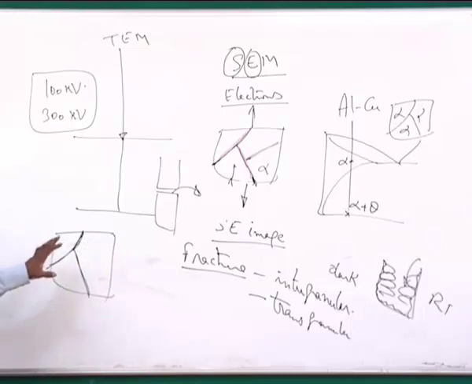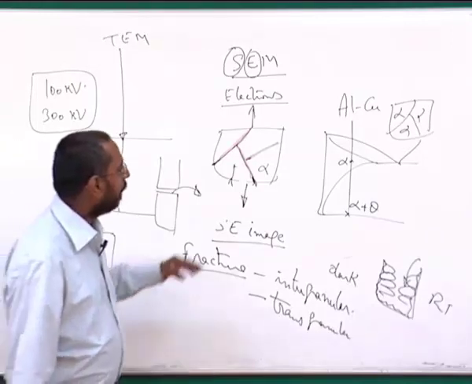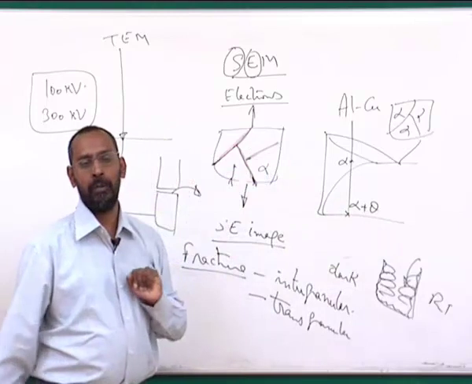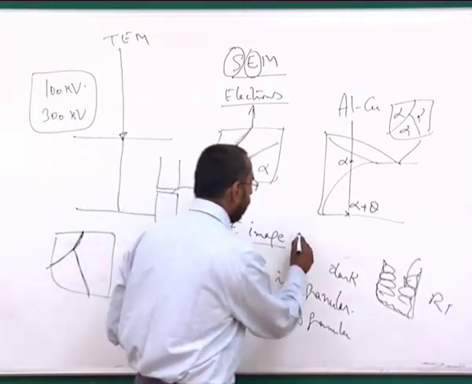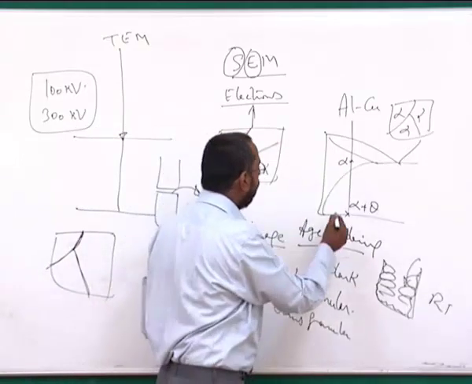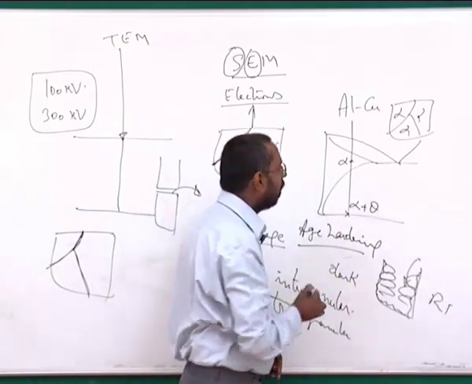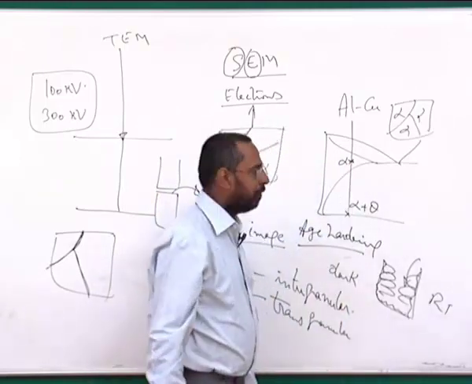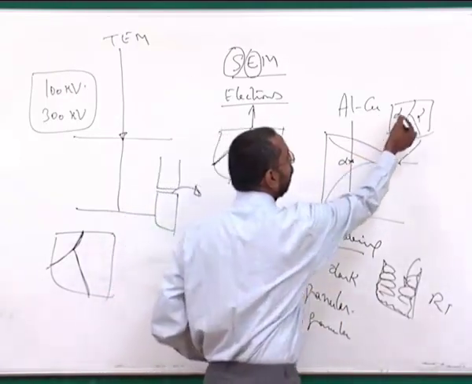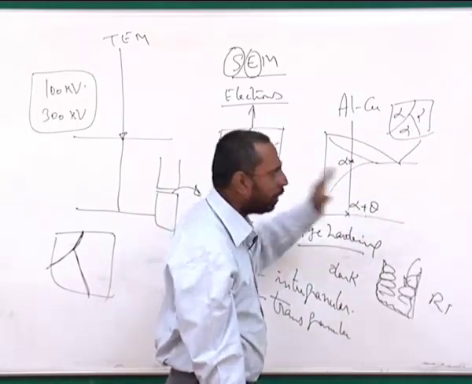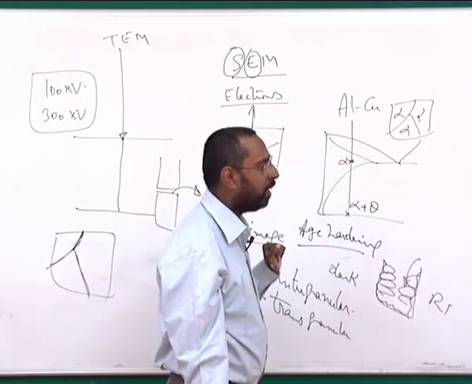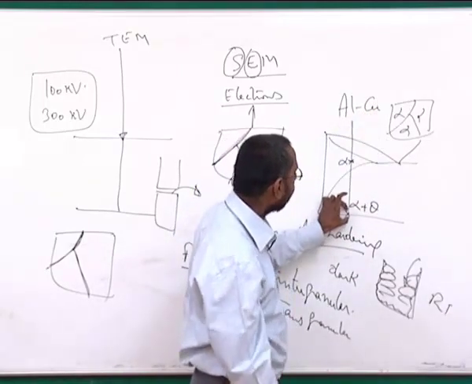But this can be controlled, or to some extent minimized, by not having the theta at the grain boundary. And in order to not have theta at the grain boundaries, people do what is called age hardening, where they take this alloy containing theta at the grain boundaries, heat it back to this temperature, where all the theta dissolves back and you get a microstructure something like this once again, and quench it from there, so that you don't allow the theta to precipitate during this quenching, and so that this alpha remains as alpha at room